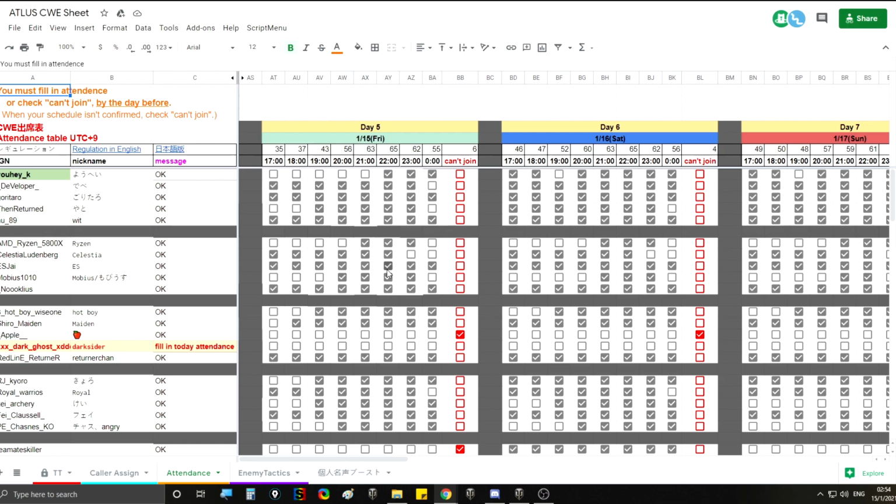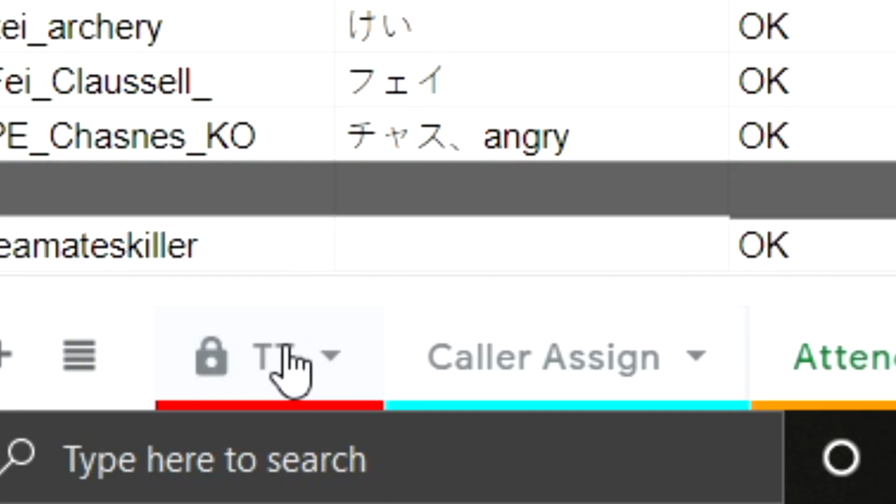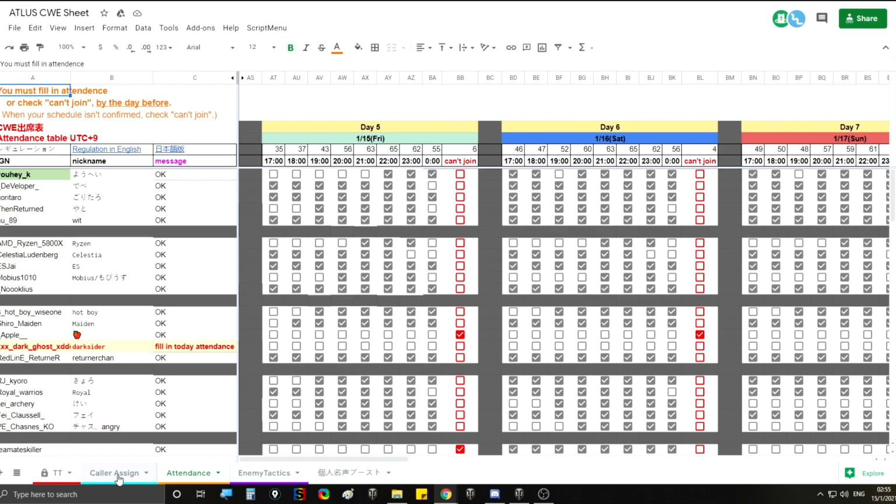This gives the managers an idea of how many people will be available at what hour, and then they can put it into a plan. I can't show this to you, but over here at the bottom left, this is our daily plan of provinces that we are going to be contesting tomorrow. The next tab is, of course, you can read here, called caller assign. It's where all the callers are assigned to whichever preferred map they like, whichever enemy teams they want to go up against. This is a very well planned